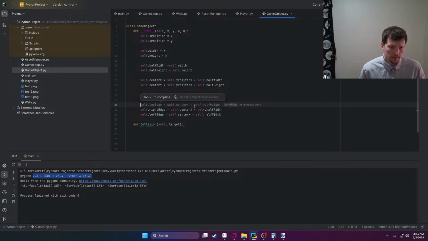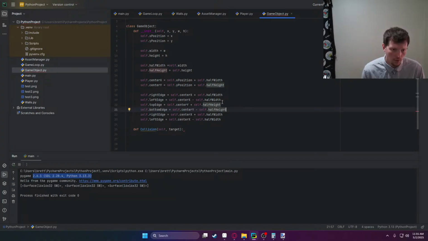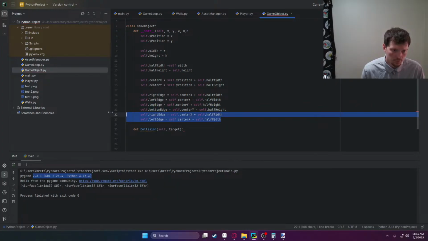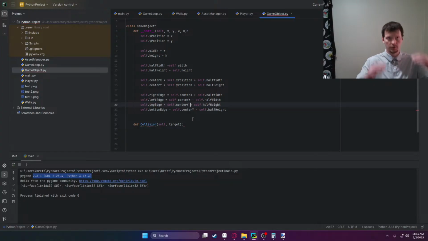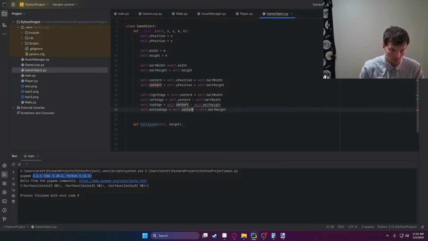So we want, yeah, a top edge. Thank you for autocomplete. That was beautiful. Let's double check. So right is center plus half, left is center minus half. Top would technically be minus, because positive, negative in these type of things, because of the way computers draw to the screen. So yeah, we have our centers, we have our top or bottom, and then over here in collision,